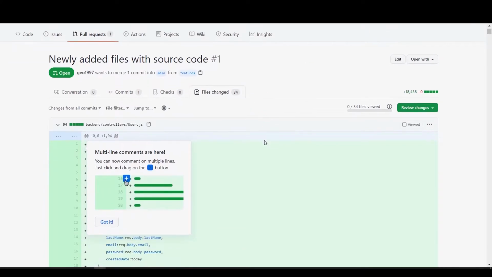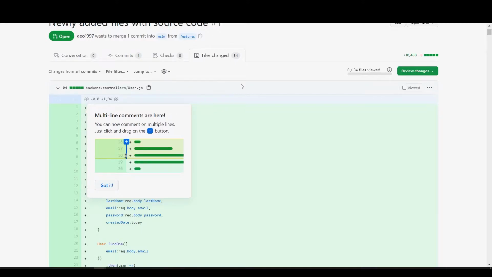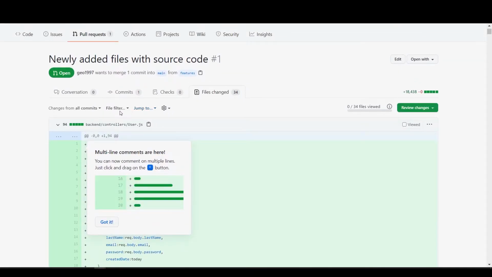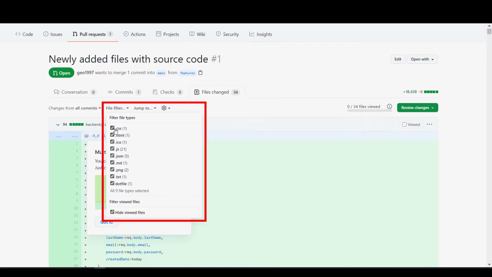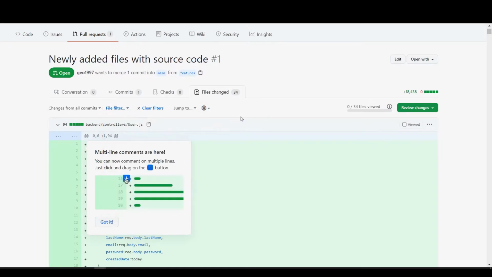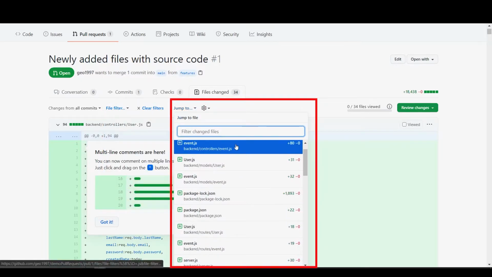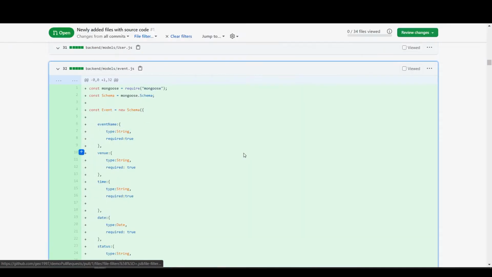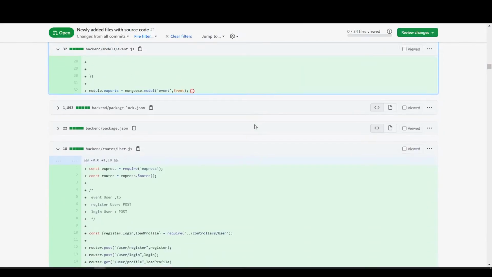But at the moment we don't have any discrepancies between the main branch and the feature branch, so we are unable to see that particular change. Anyways, we are also given these kinds of filters. If you want, you can easily remove these filters and only get the required files, and next you can also jump into a particular file that you need, so you can easily review any code that you